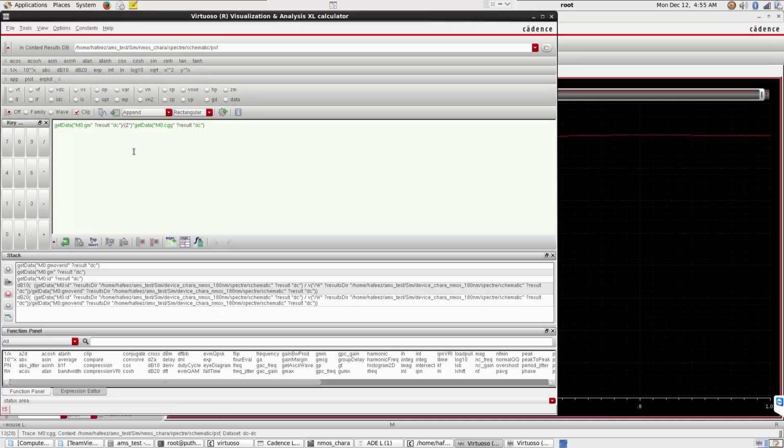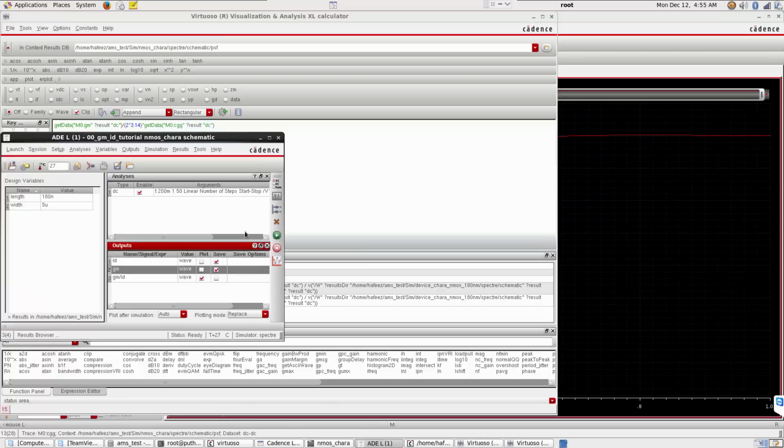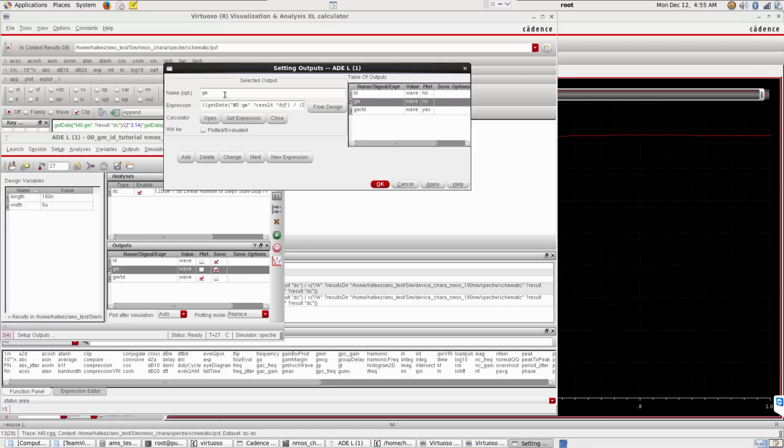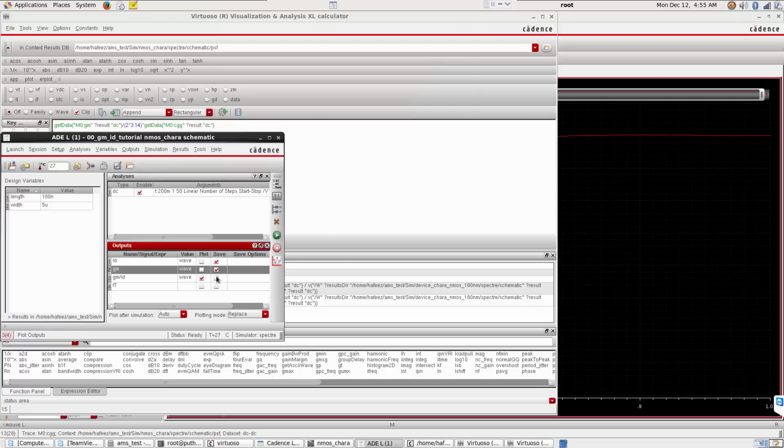So we are adding a 2 pi here, 2 into 3.14, and let's see. Get expression and naming it as FT. And okay,